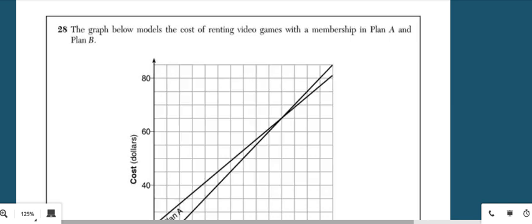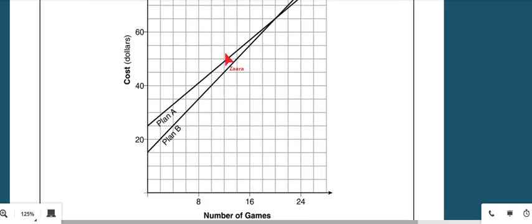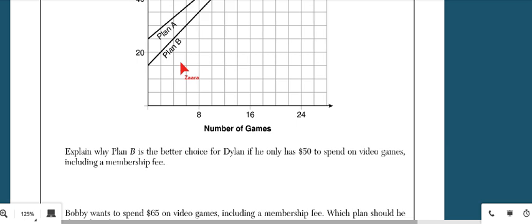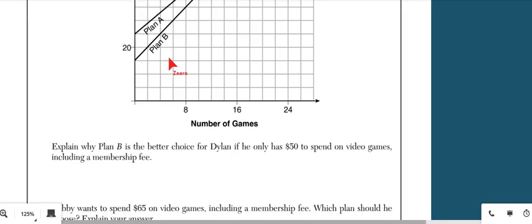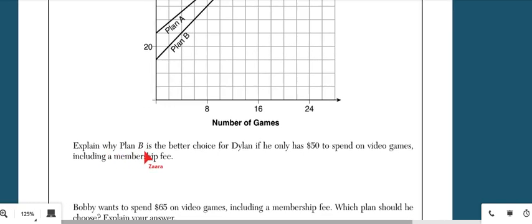The graph below models the cost of renting video games with the membership in Plan A and in Plan B. Okay, so you're given the membership. Now look at the graph. This line is representing Plan A. This is representing Plan B. Now scroll down and look at the first question. It says, explain why Plan B is the better choice